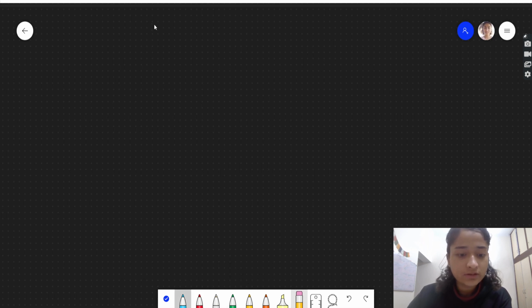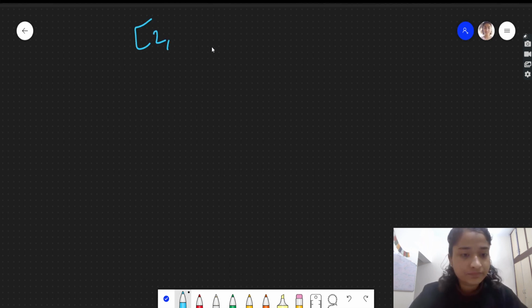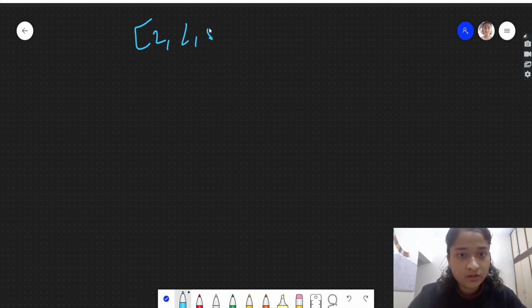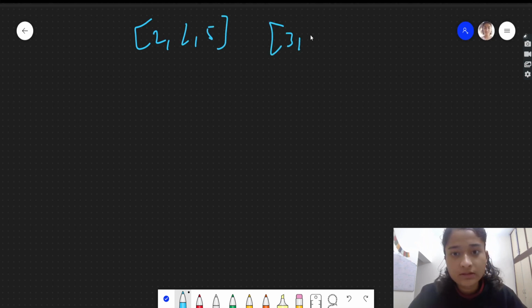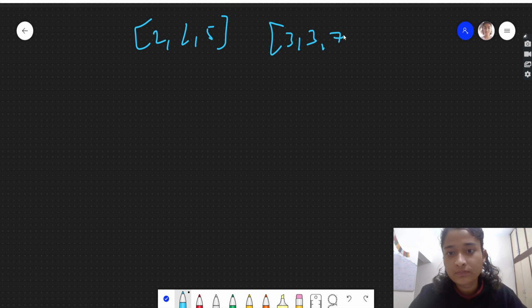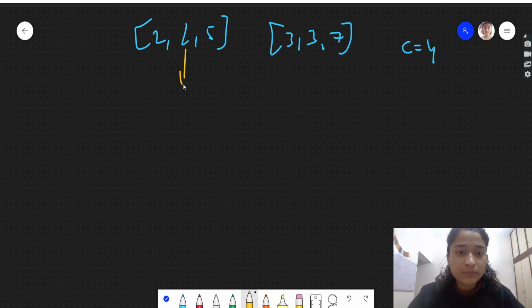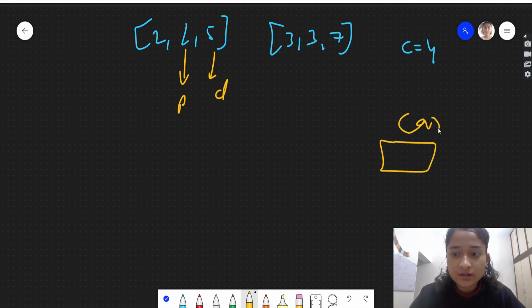So the test case was [2,1,5] and [3,3,7], and the capacity is 4. Whenever this is the pickup time and this is the drop time. When we pick up, we are adding 2 passengers. This is our car, so when we pick up at 1, we are adding 2 passengers, and when we drop, we are eliminating 2 passengers from